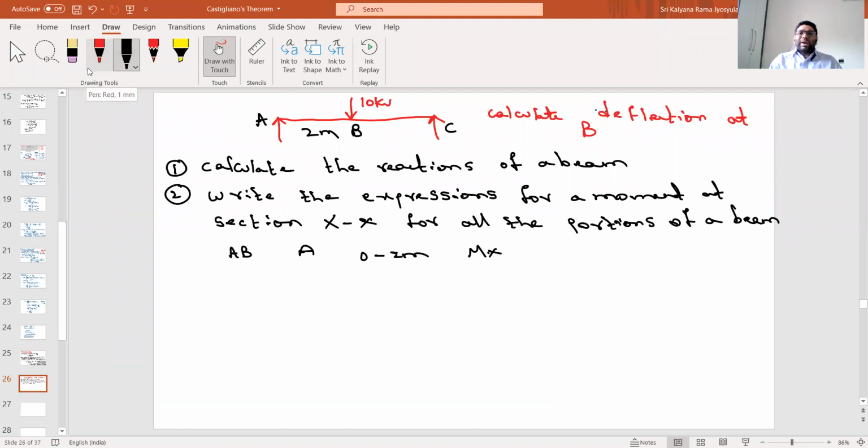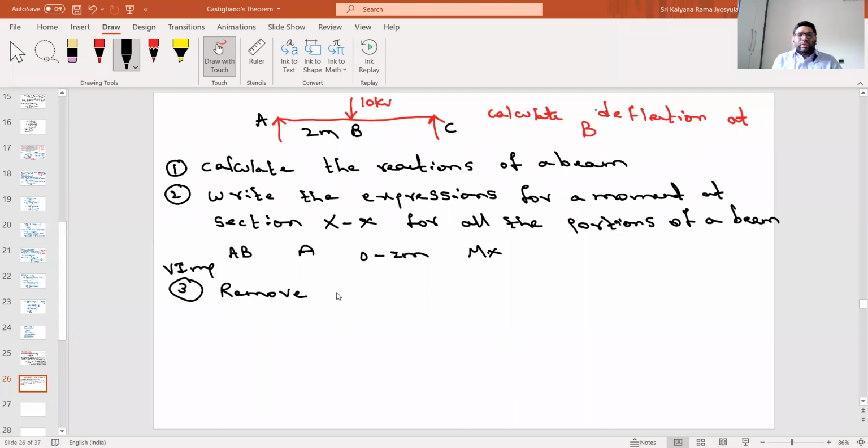Wherever there is load 10, we have substituted 10 is equal to P, and we have differentiated strain energy with respect to P. Now we just need to do only a very simple thing here. So the third step is, this is a very important step.